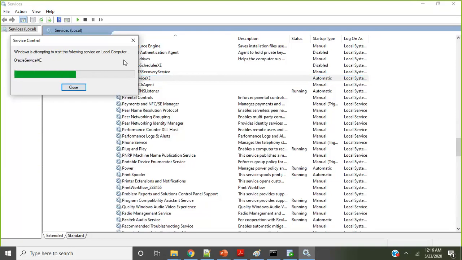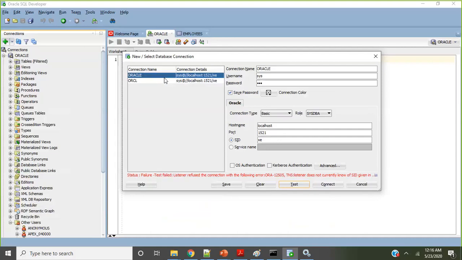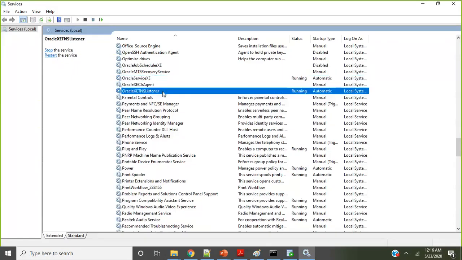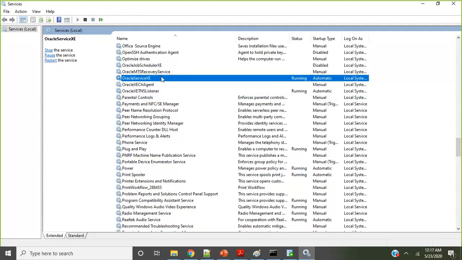And one thing, many times if you are not using Oracle on your computer for a longer time, you can set it to manual here so that it does not always run automatically. I will show you in a minute. Let me test here. Now I tested again. Now it has become a success. See? So what does it mean? If you turn off the listener, then first you have to start the services again.